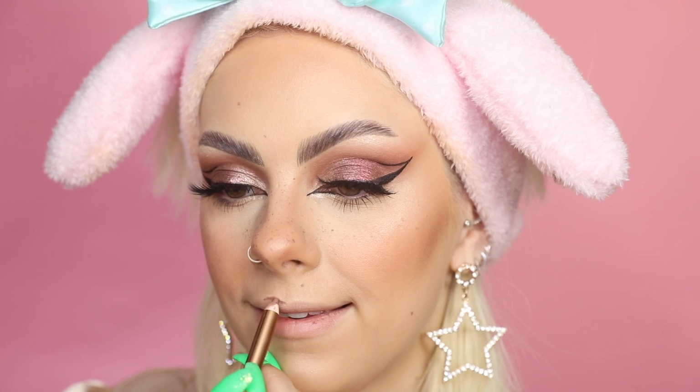Right guys, now on to lips, and I'm going to go in with the shade Pillow Talk 3 Intense from Charlotte Tilbury, and that is the lip liner. So I'm going to pop this on. It's a really nice kind of brownie, deep brownie colour, which is going to work really nicely with the eye makeup. Then I'm going to go in with the Lime Crime Velveteen lipstick in shade Neptune, which is a really beautiful deep